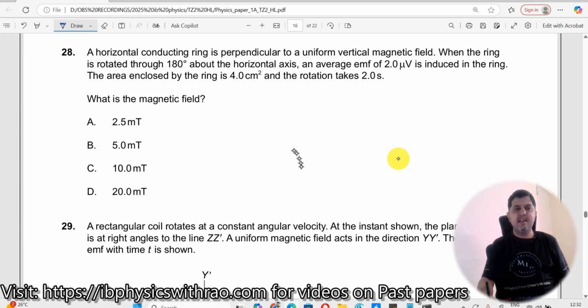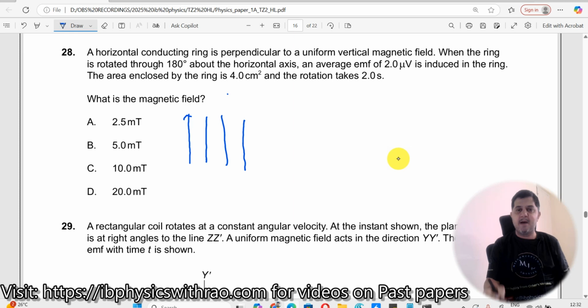Question number 28. A horizontal conducting ring is perpendicular to a uniform vertical magnetic field. Let me write first vertical magnetic. This is your vertical magnetic field. Whether it is pointing upwards or downwards, I don't know. Let us keep it. When the ring is rotated through 180 degrees about the horizontal axis, this is my horizontal